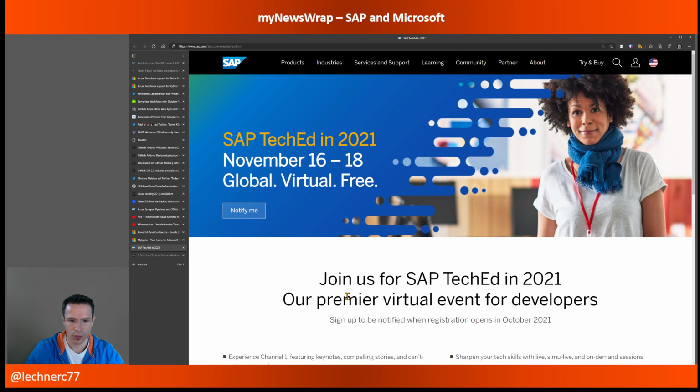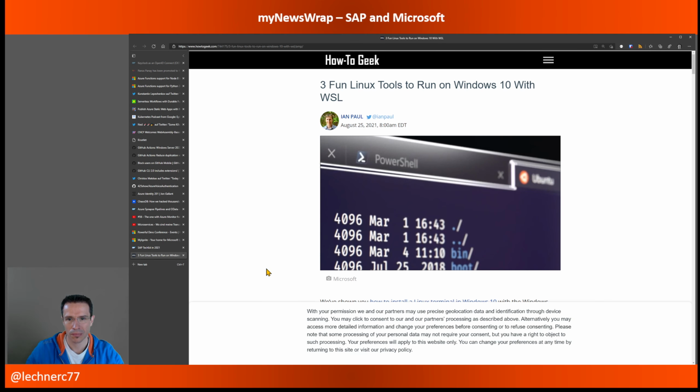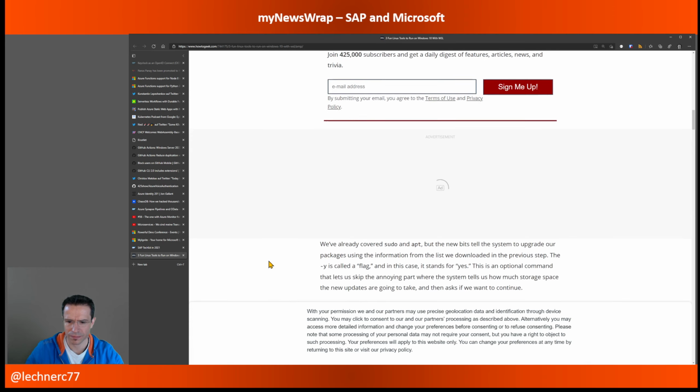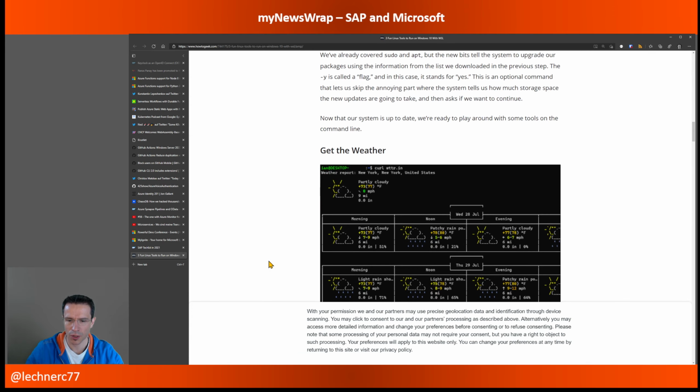And with that, I would like to finish today's session with developer productivity, kind of. I would like to highlight a blog post around three fun Linux tools that you can run in your WSL environment in Windows. Really cool. There is the weather app that you can call.